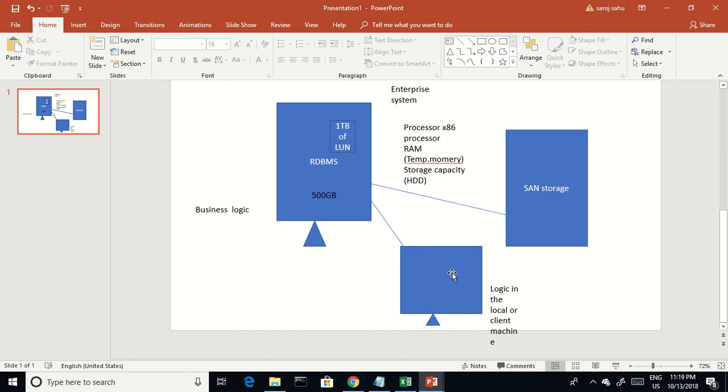So while executing my code, while executing the script in this local client machine, the data needs to be transferred from the RDBMS system to the client machine. So it produces network congestion, and the latency will be more while transferring the data. So it will take a long time. As I stated before, it takes a long time to process the data and to give the output to the business.